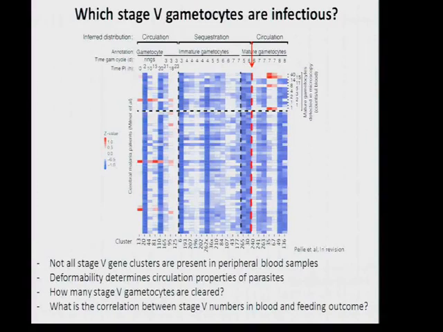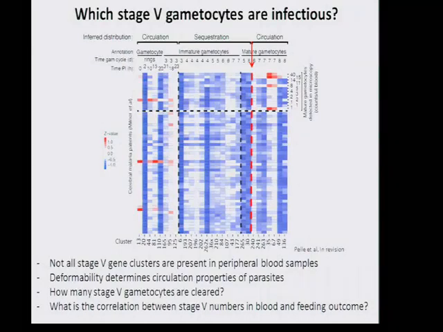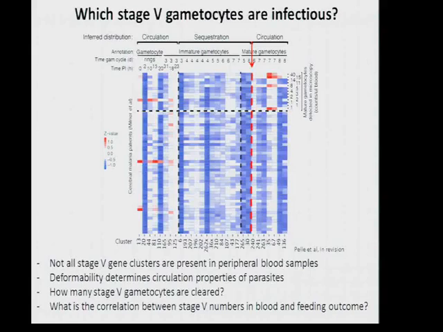In vivo, an infectious sample is probably one that infects a mosquito, while a non-infectious one is one that doesn't infect a mosquito. And these two cohorts could potentially be compared, again, by transcriptional profiling to get at the question of whether there are some infectiousness markers in samples which are gametocytemic and infect versus those that are gametocytemic and don't infect.